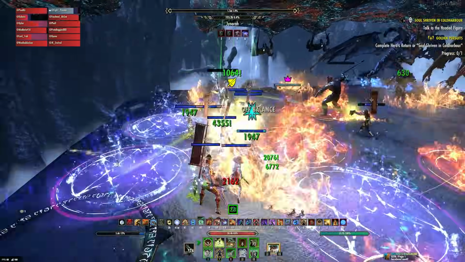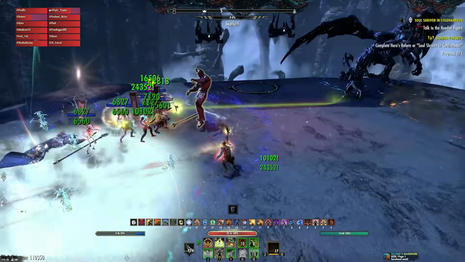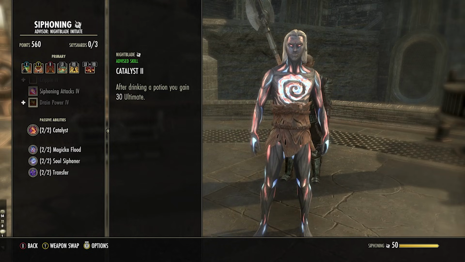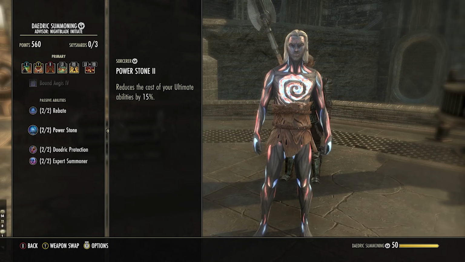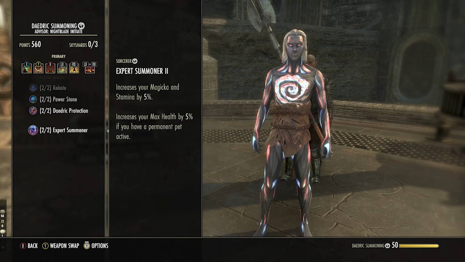In order to do this, we want to pick trees and passives that relate to ult gen and ult cost reduction. To do this, we will of course select the Siphoning tree for the Catalyst passive and the benefits from all the awesome healing utility discussed earlier. We will then select the Daedric Summoning tree for the Power Stone passive, which reduces the cost of our ultimates by 15%. And this tree will also give us access to Expert Summoner, which will increase our max resources and